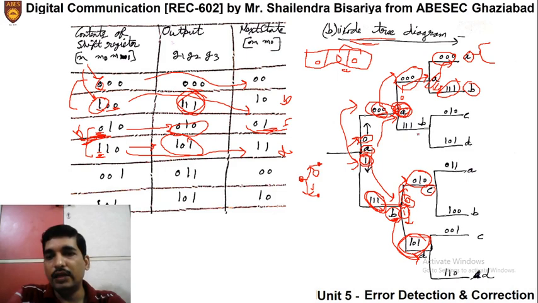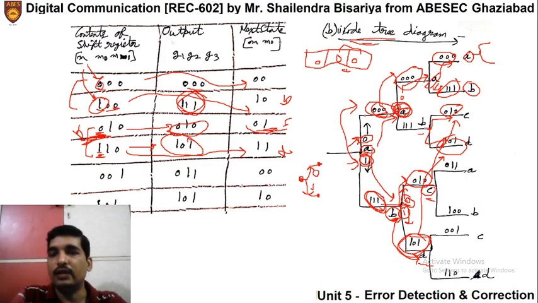Similarly, from state B it will go to either state C or state D, and the corresponding output we will write as we have done here. It is 101 as we have done here. Similarly, we will do it once for C and D, and we will copy that again and again further.